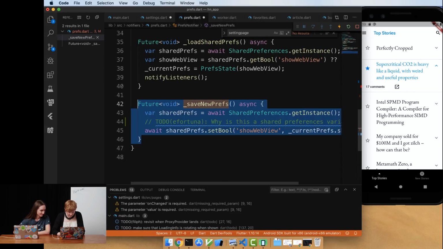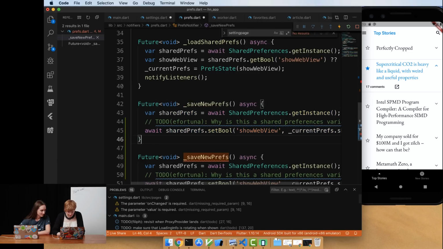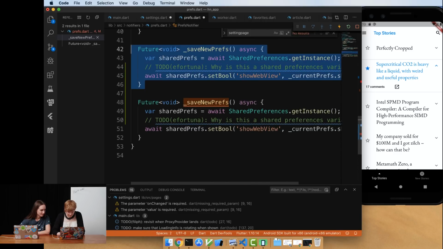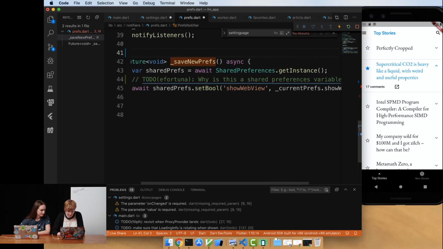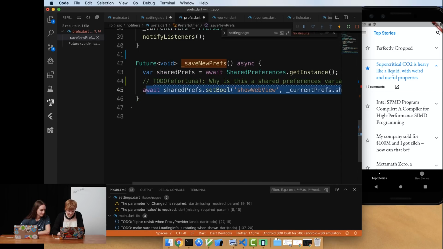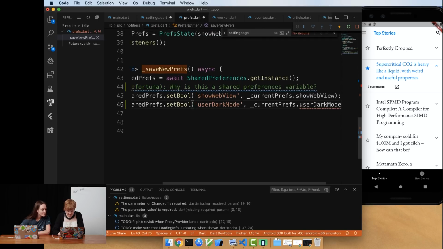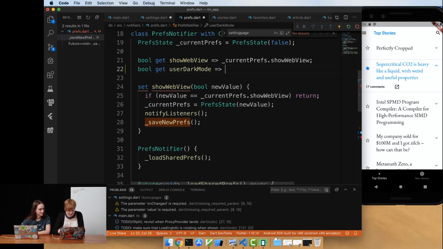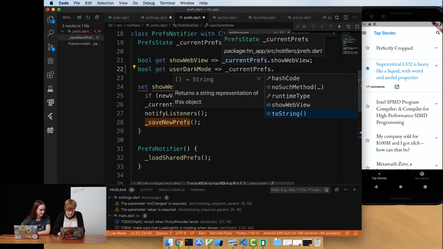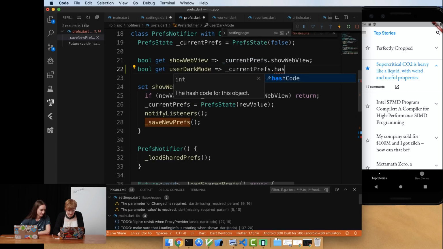Well, we can copy a variant of this for saving dark mode, though. Or wait, I don't even need to. This just saves all of them. So we could add another thing that's user dark mode. Mm-hmm. And this is going to say current preferences dot has,